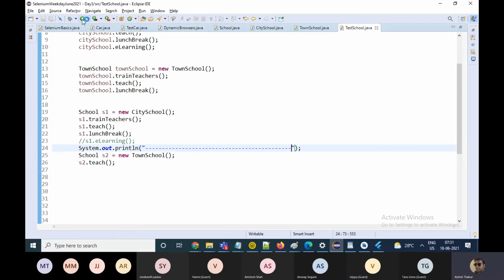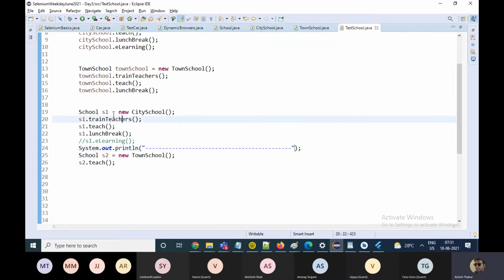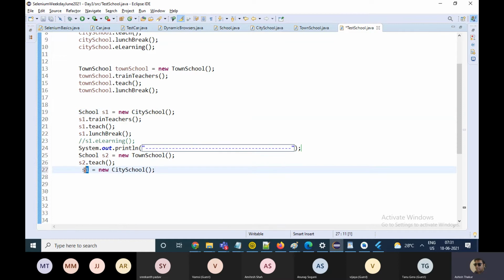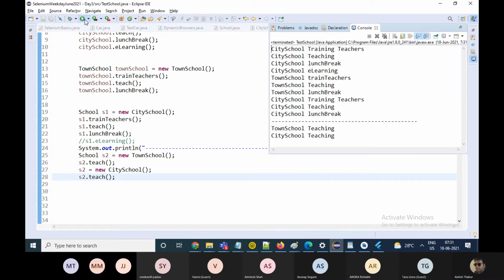So obviously this is going to print town school teaching, because with S2 you can access the functions in town school coming from the school interface. But now, based on my wish, in the next line I can make S2 point towards a city school object. And again I can fire the command s2.teach. So when you run this, see that?